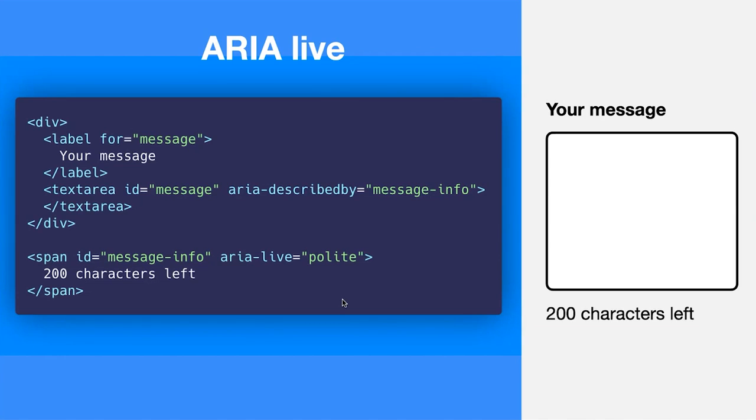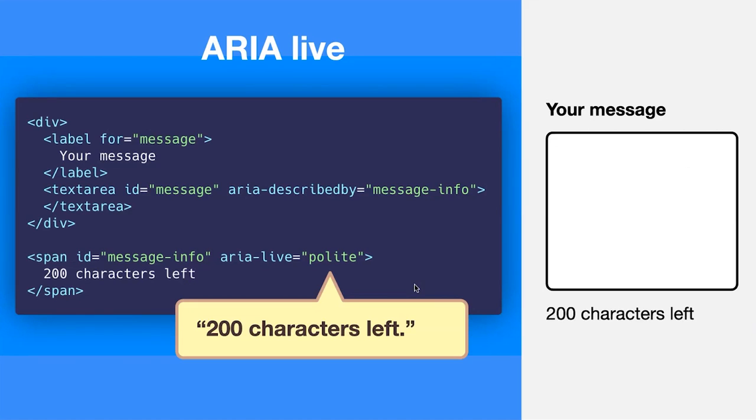There's also assertive, which means I want you to read out what's in here, and I don't care what you're saying at the moment. Stop and read this first. So you can use that for really urgent information. But generally, ARIA Live polite will read this information out if it changes. So you could take your existing little form system, and it will say 200 characters left. But let's say the user types in some characters, and remember they're using a screen reader, so they just hear what they're typing, HELL, whatever, as they're typing in words, they'll hear them read out to them.